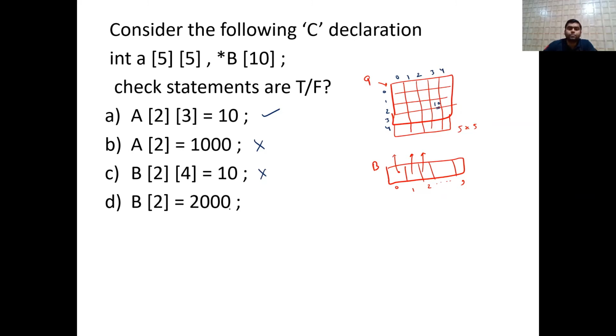And b of 2 is going to be 2000. Yes, of course, it may be 2000. So it can point to some 2000 location. So this is a correct statement. Okay, this first statement is correct, second is false, and third statement, observe very carefully, it is